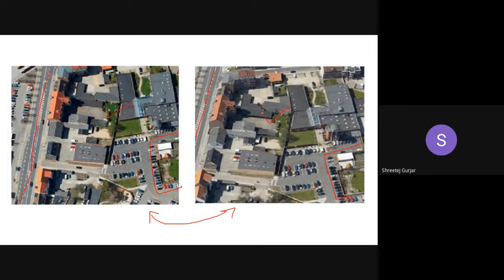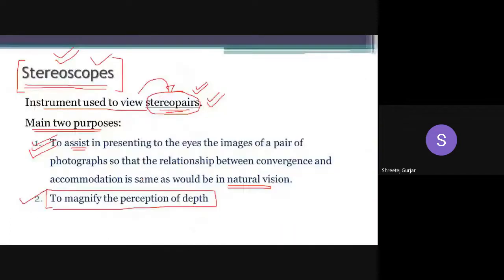But if you view these stereo pairs through the stereoscope, you will be able to perceive the depth. You will feel the 3D view. So that is the second purpose of the stereoscope. I hope you have understood what is meant by stereoscopes and what their main purposes are.